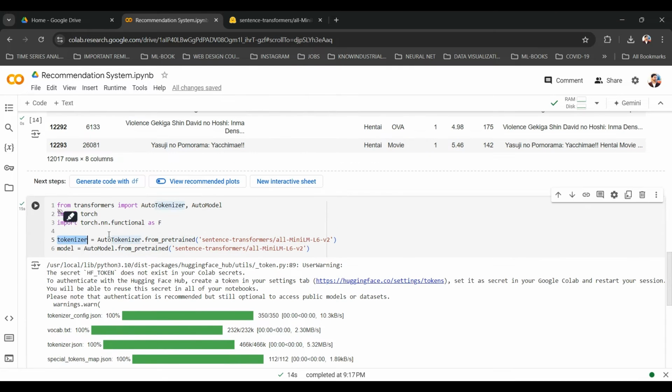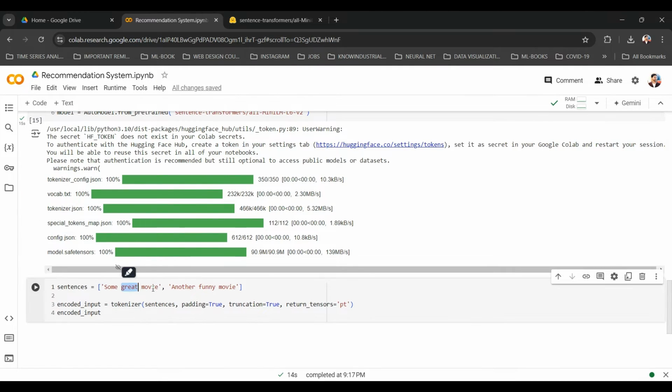As I mentioned, we need to convert the sentence into tokens before we can pass it to the model. So we pass the sentences into the tokenizer, set padding and truncation to true, and the result will be returned as tensors. PT here stands for PyTorch tensors. We are using PyTorch here for writing some functions, so we need to return it as PyTorch tensors.